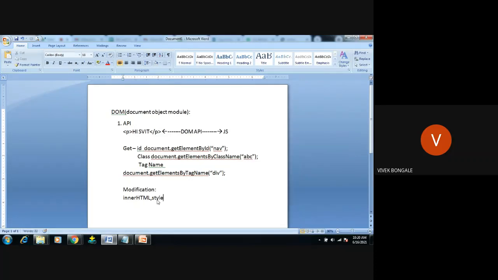Style means what? For this particular element, I just give the color, background color, or font color. It may be red, and I want to change that to green, to black, to anything, right? I want to modify. In HTML there will be some other style, but once I send that HTML element to JavaScript, it will do some modification, and at the browser end it will not display in the red color as given in the HTML. It will display in the other color we have mentioned in the JavaScript. That is the modification.